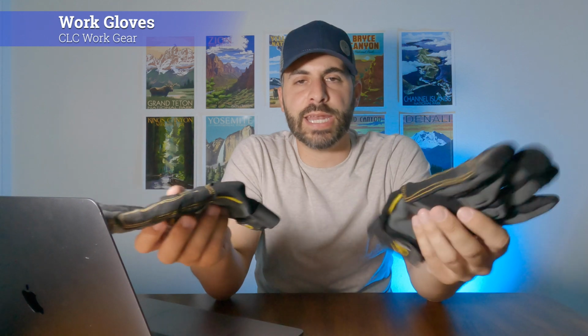All right, the next thing I'm going to recommend here might be a little bit controversial, but I always end up bringing it. There are different forms of it that you can bring, but let me just show you what I mean here. These are a pair of workman type gloves, or just like handyman kind of gloves. It's really good just as a light insulator on those colder nights, but what the primary use of this is for